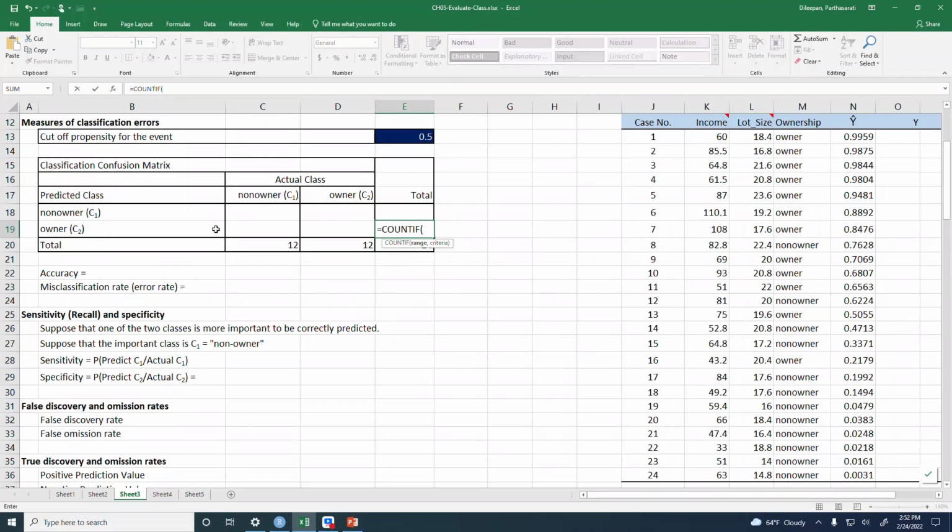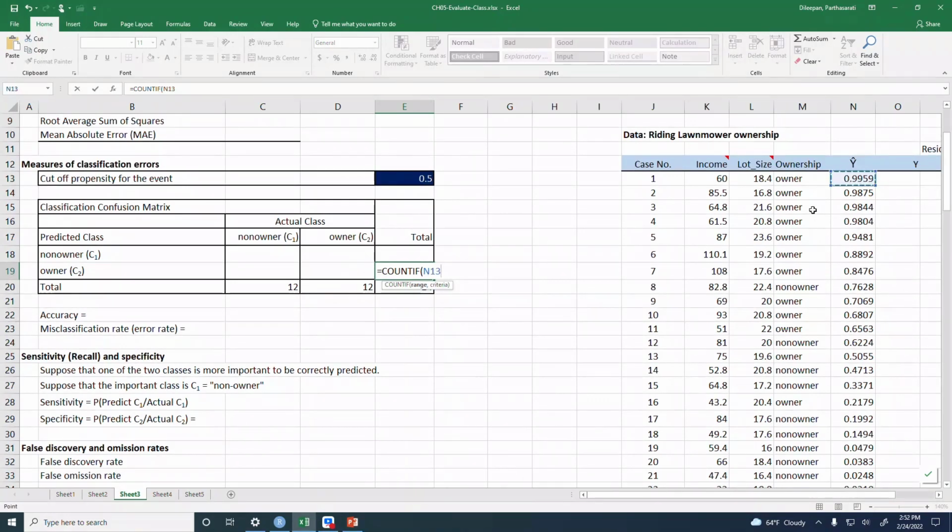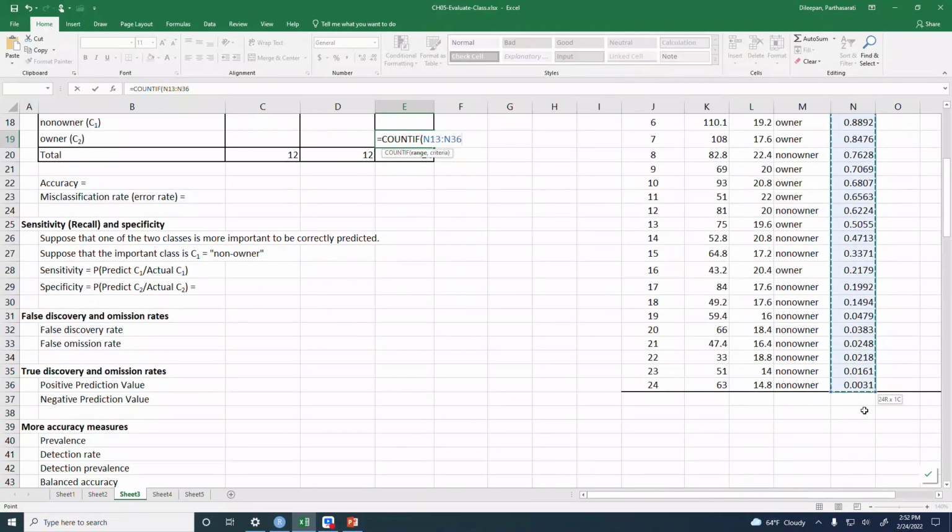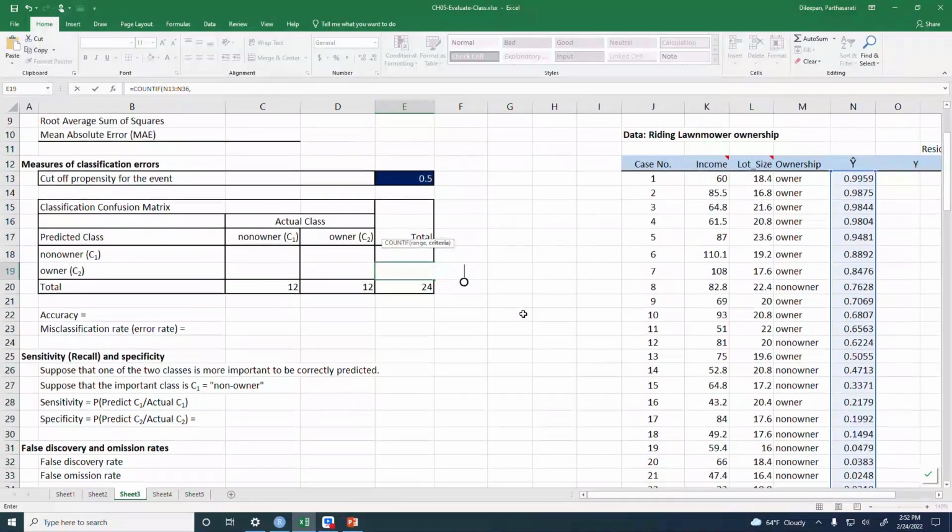How many are we going to predict as owner? Okay, this prediction is going to come from the probabilities. Okay. So these probabilities, we need to check these probabilities with that cutoff point, and you can do that